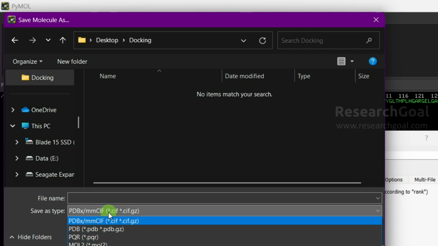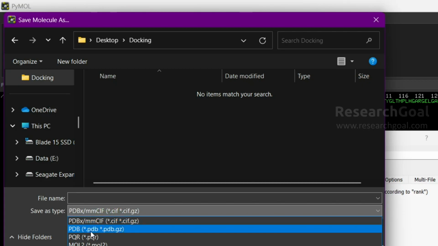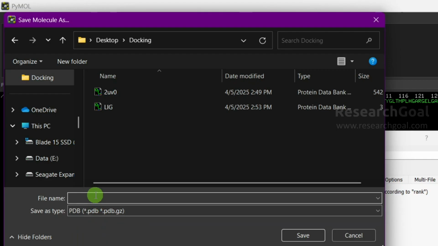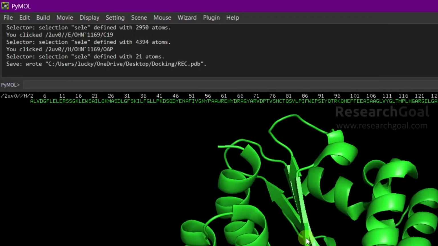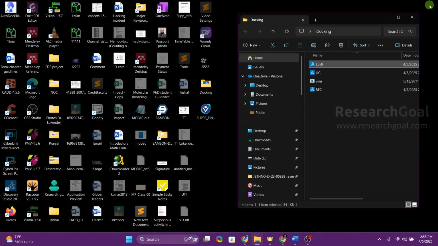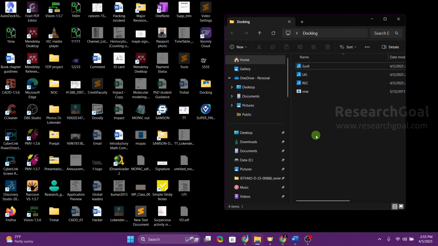This is the default storage file format, so you have to change this to PDB. Now it's been changed to PDB, and I have to save it as REC. So I'll save it, and then I can close this, and I'll go back, and immediately you'll see that you have